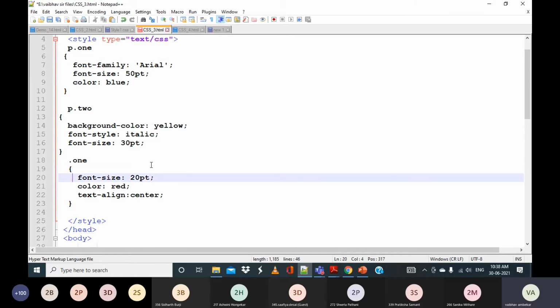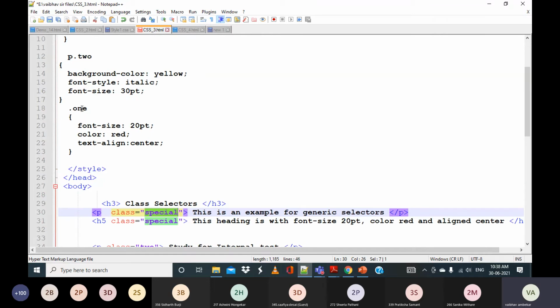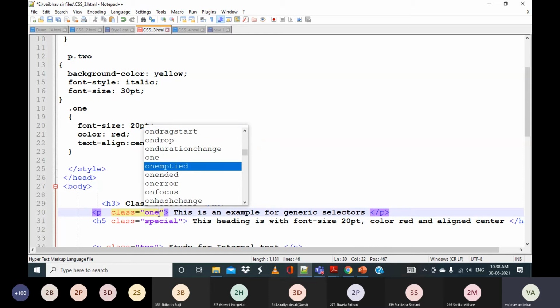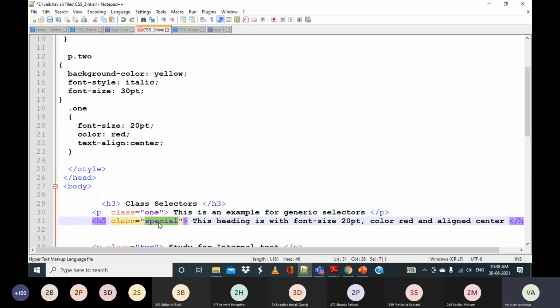So if you want to test it, you can test that also. But usually we don't prefer using it like this because again there will be confusion. But I am just telling you it is valid. Here also I'll put it as one.